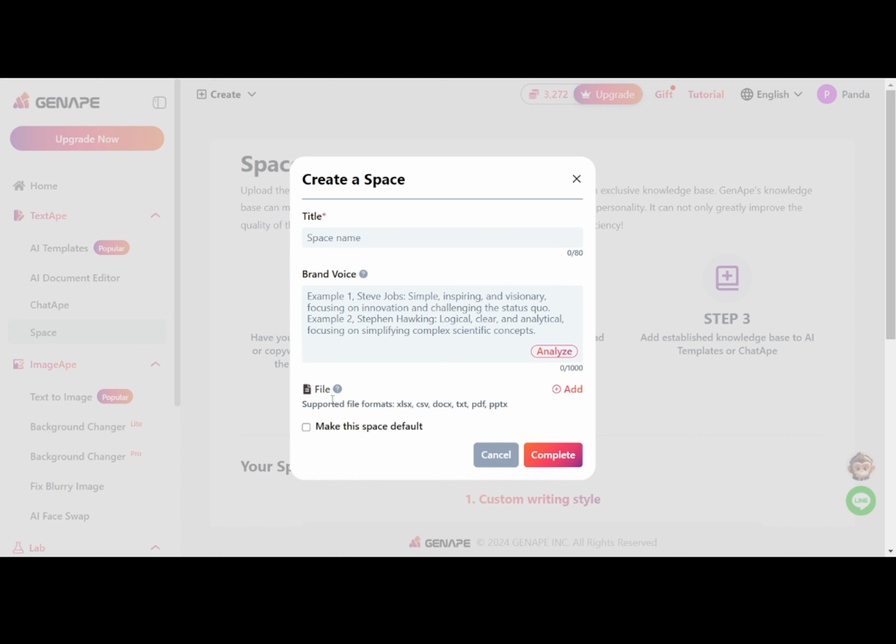At the bottom, you can upload a file as your domain knowledge. Brand voice and domain knowledge are optional, so you can decide whether to use one or both based on your needs. Now, for example, if I'm a clinic staff and want to generate an article about the importance of sleep for